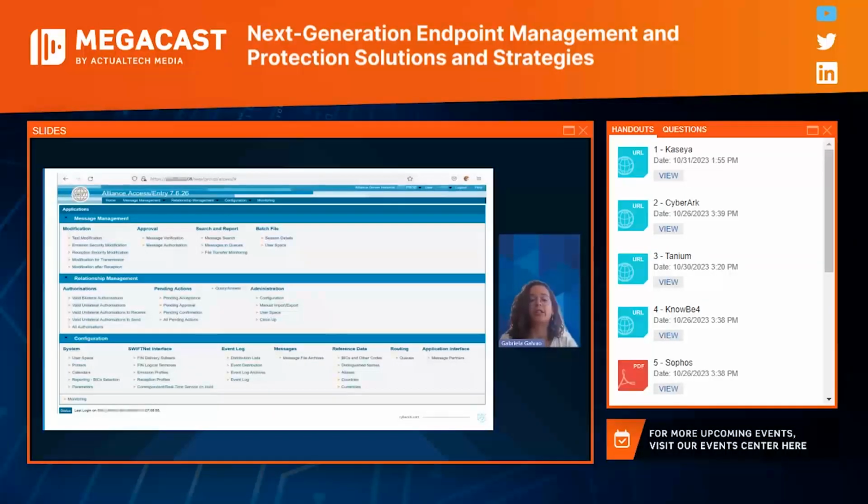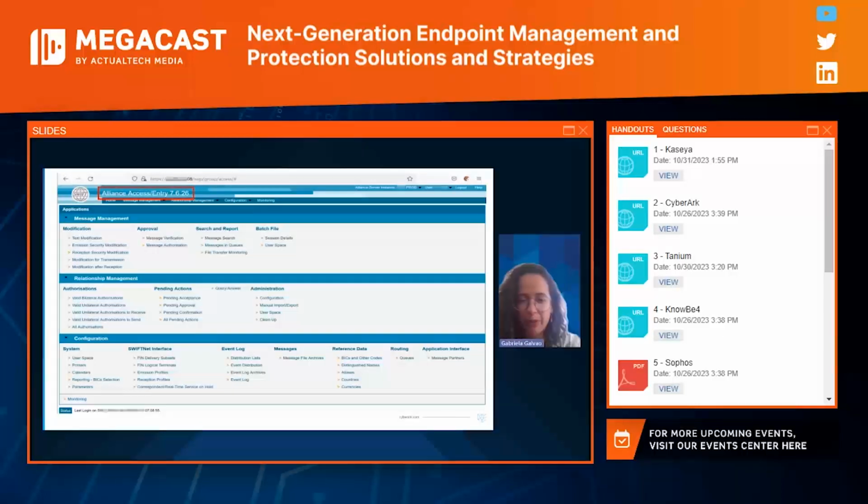So here it is. It's a real screenshot of the environment. And really quickly, if you can somehow have any type of interaction with the platform, talk to me, send a question, or tell me if you know what this is, if you have ever seen this screen in front of you before. And if you don't, I will just rephrase it. It's basically who would like to have access to a financial institution's money and be able to send money anywhere in the world without being detected. It is basically what the screen is and what our red team could get into in this customer's environment.